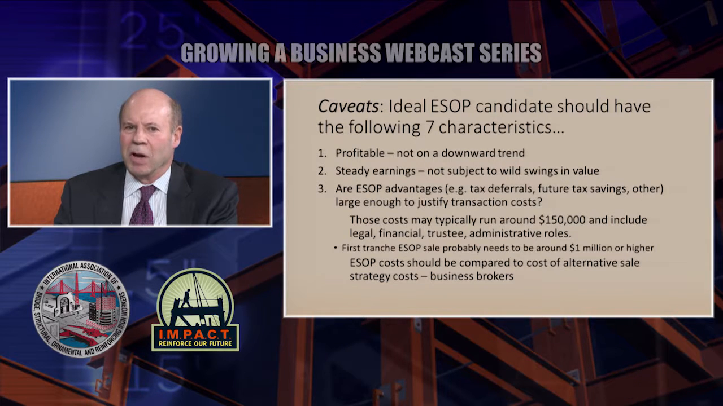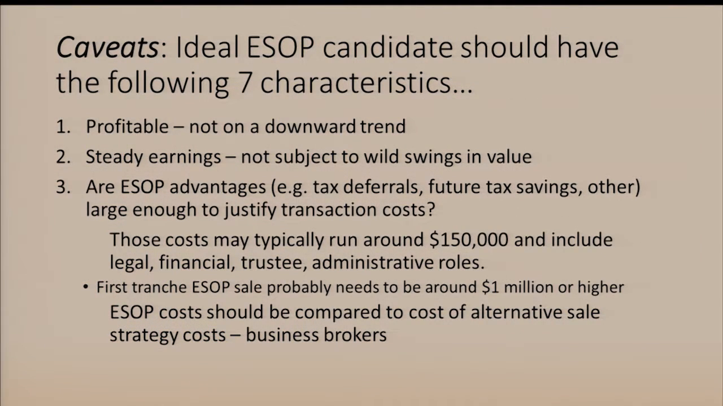Yes, thank you, Chris. And obviously there are some situations that fall outside of these seven characteristics, but if we had to look at an ideal situation for a company that might want to consider an ESOP as a succession tool, this is what we would ideally like to see. First of all, we'd like to see a profitable company, a company that's not on a downward trend either because of the way it operates or because of economic factors outside of its control. We'd also like to see a company that has relatively steady earnings. Obviously, we'd like to have the earnings increasing over the years, but it's difficult if we have a company that has wild swings in earnings because the appraiser is going to have a very difficult job